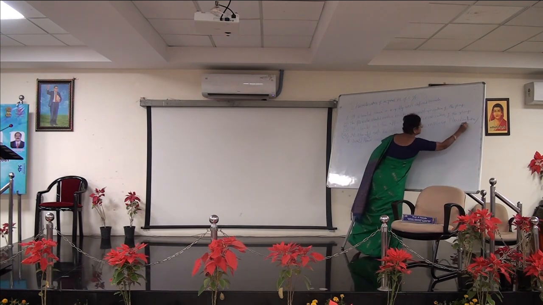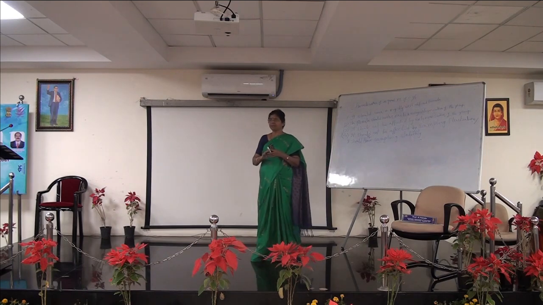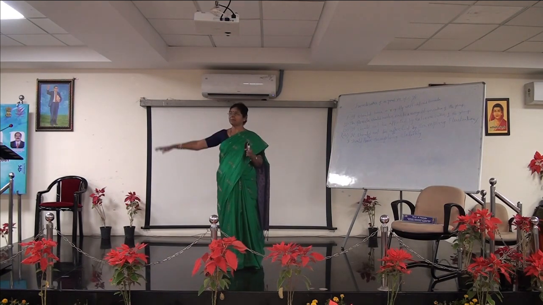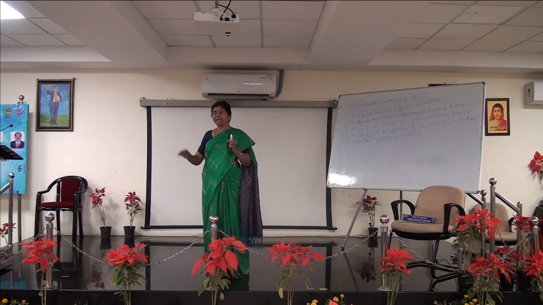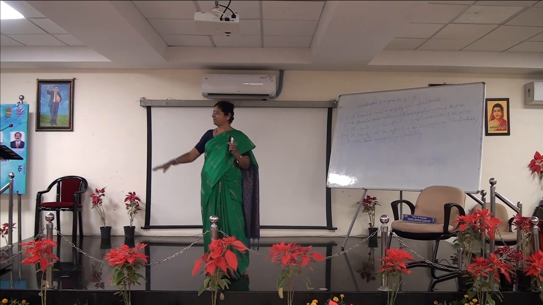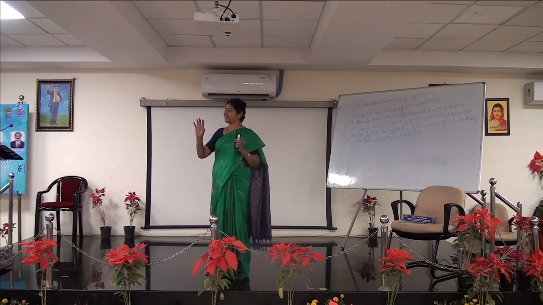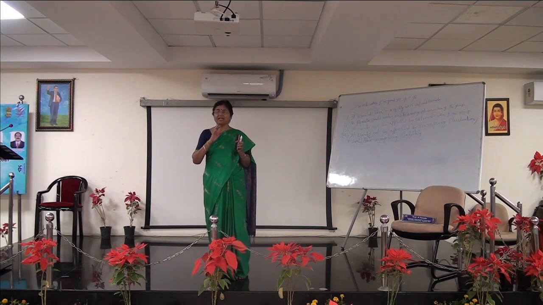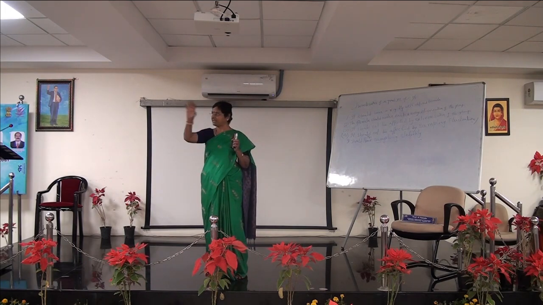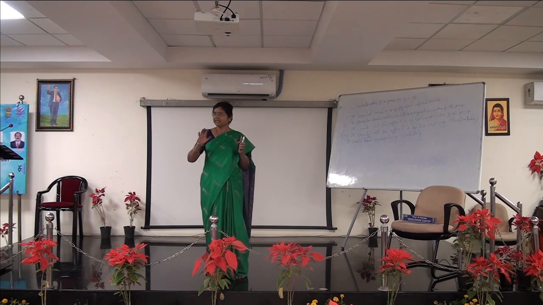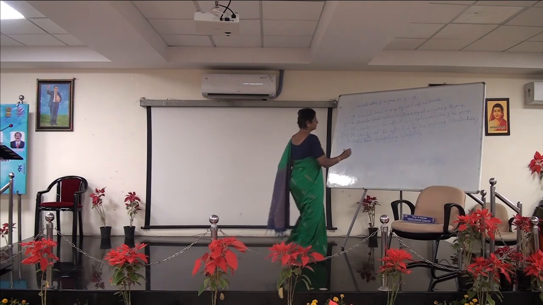What is meant by sampling fluctuation and what is meant by sampling stability? You take for example, this is the population of this group of the training program workshop. I want a sample of, say, size 10. Only 10 persons from this group I should select. I can select randomly, say one sample, sample 1.